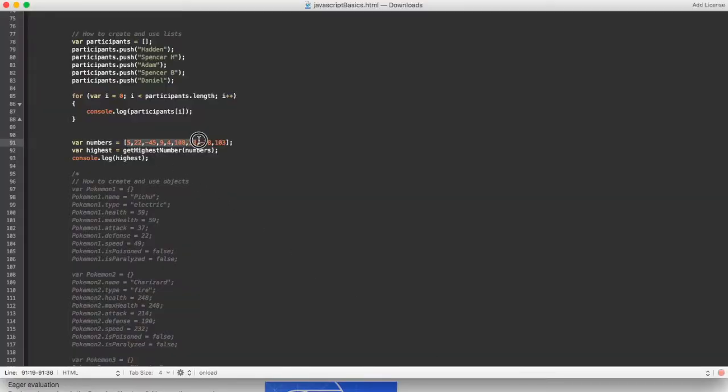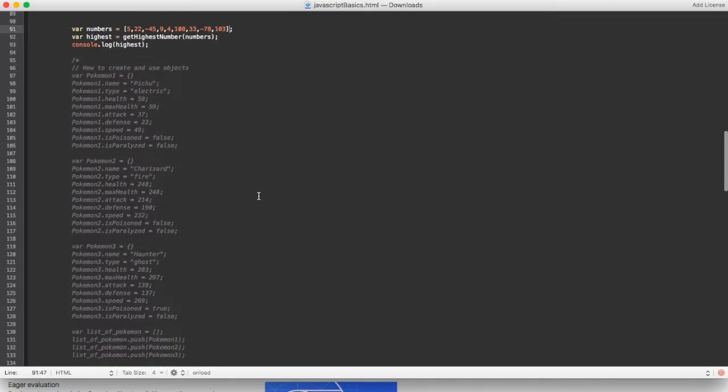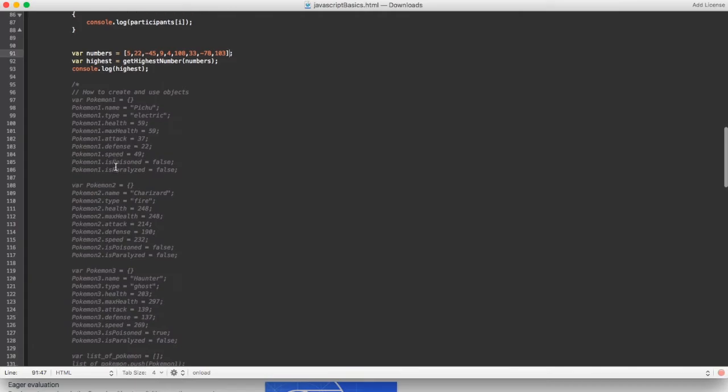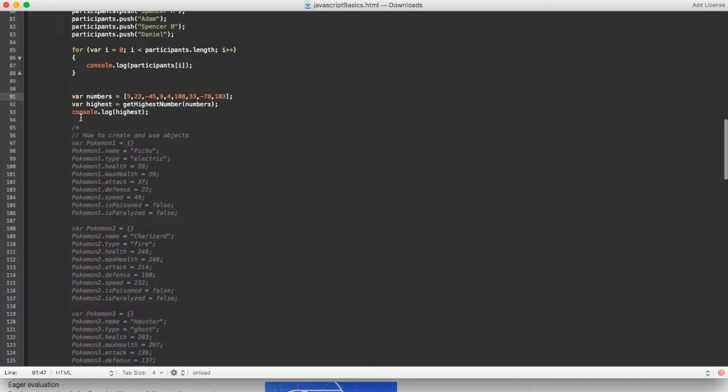And if you look through here, you'll see that that is correct. Feel free to change the numbers around and see if it continues to pick the right number each time. All right, now we're going to move on to something a little bit more in depth, but this is object-oriented